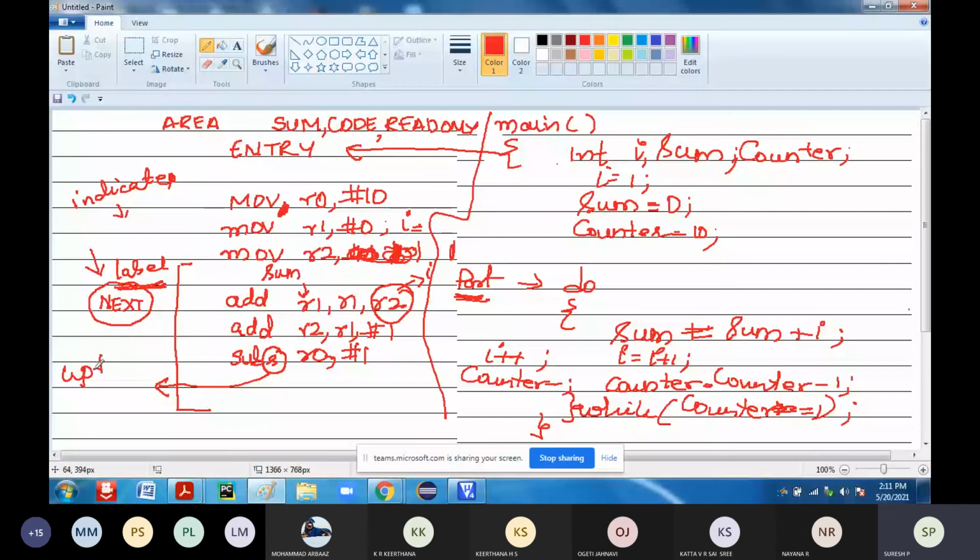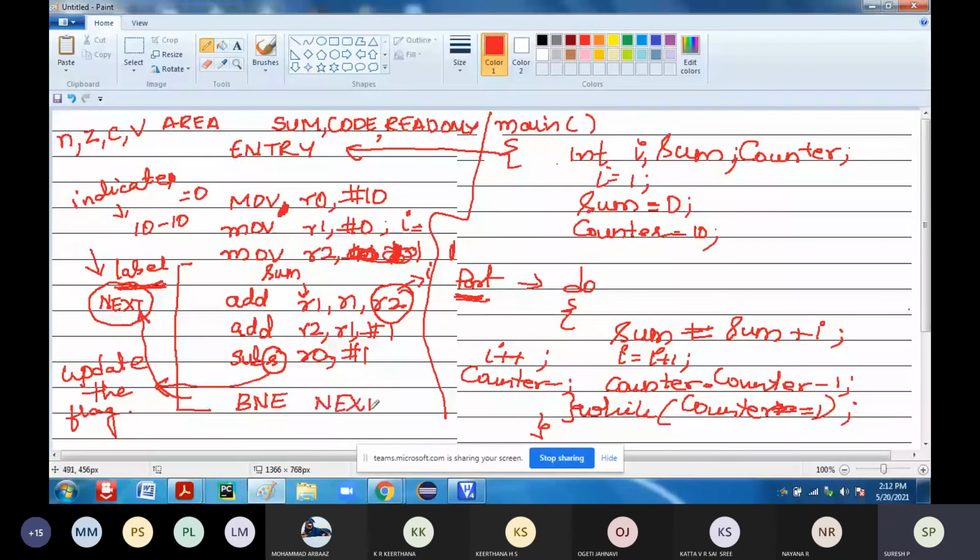So now what flag do I need to check? I have 4 flags: N, Z, C, V. So whenever R0, that is 10 minus 10, you are going to get 0. So till it is not equal to 0, branch not equal to 0, where does the flow have to go? If it is not equal to 0, where does the flow have to go? To the loop start. Again, the repetition has to take place.